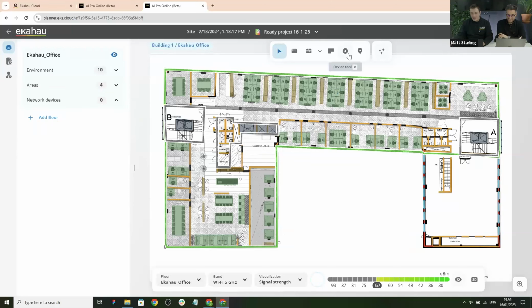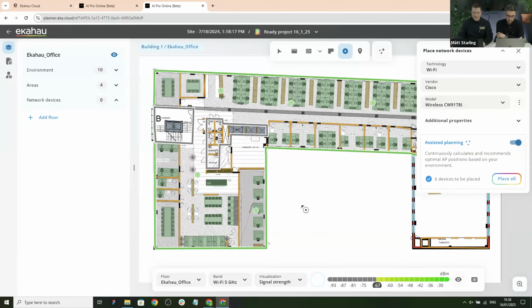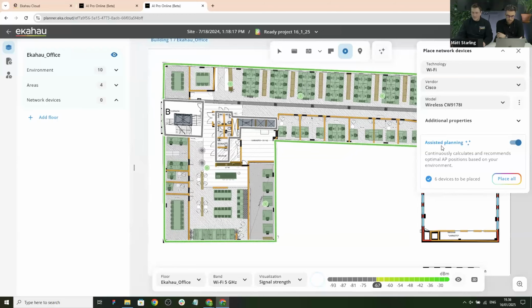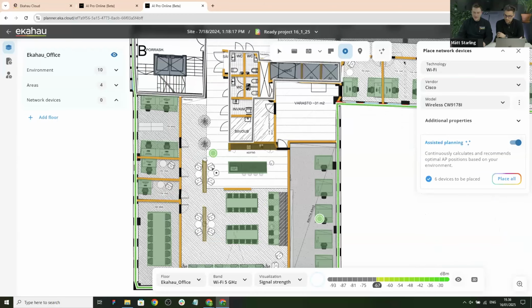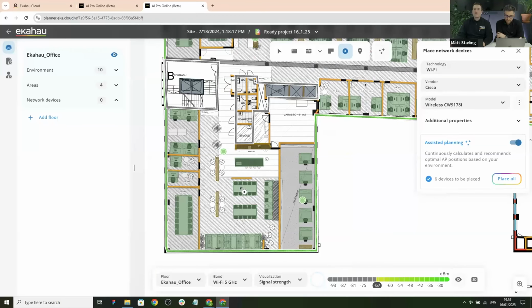All right, somebody asked about APs, so let's add some. I have one pre-selected here that I think is suitable. What do you think, Matt? Yeah, why not go with a Cisco Wi-Fi 7 access point? What we see here is that you can of course place your access points manually, and we have assisted planning enabled. That means we have some proposed locations, but I don't have to use those. For example, if I know my wires are already going to some places, I can utilize those locations.